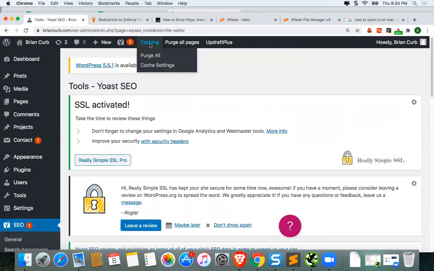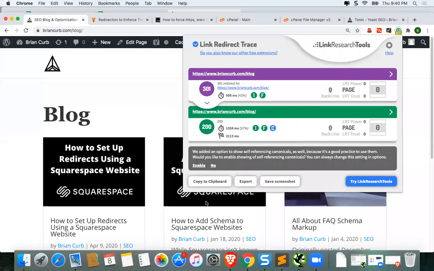And just so I don't have any issues, I'm going to purge my cache real quick. So I was able to clean out my browser cache as well, and I finally got it to work. As you can see, the non-trailing slash version is finally redirecting to the trailing slash version. So this is a pretty simple way to clean up any potential issues from a trailing slash, non-trailing slash SEO